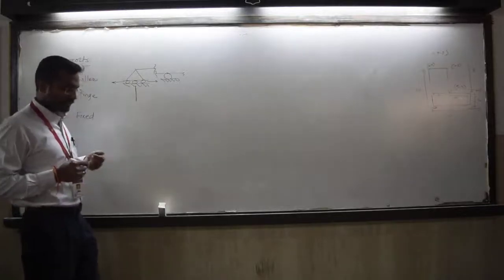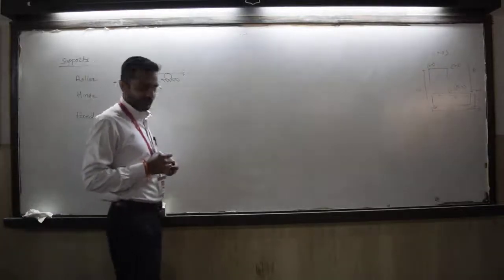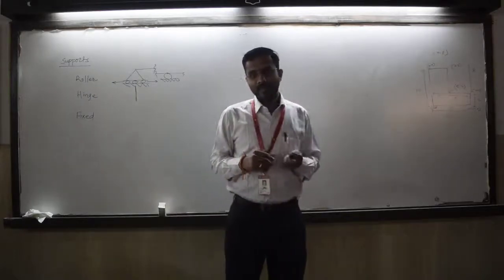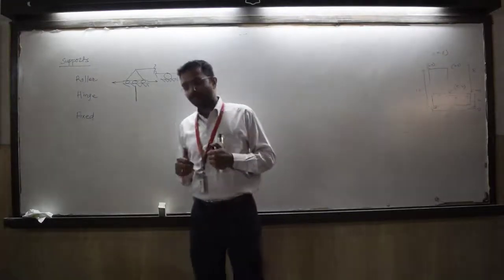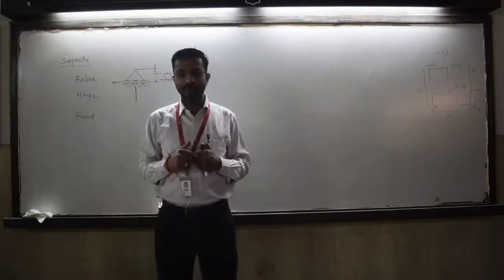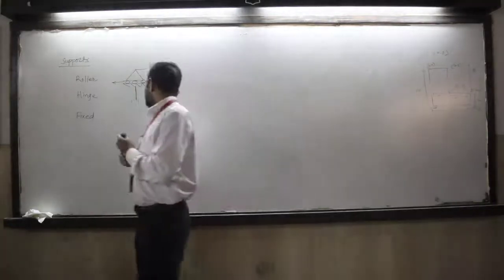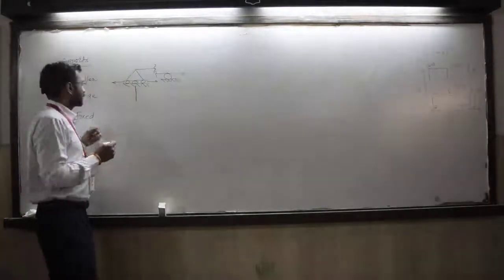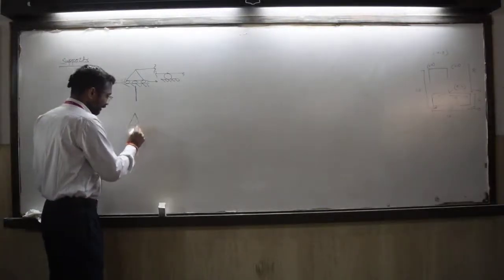Whenever there is restriction, there is reaction. Now why is there a necessity of support? Unless and until you provide the support, the body will not be in equilibrium. So this is the necessity of support. So the first type is roller support, the second is hinge support. Now in hinge support,